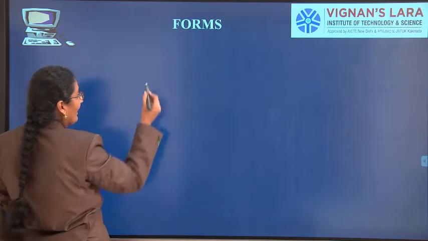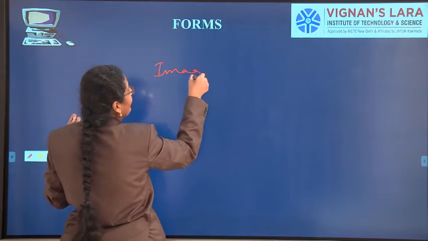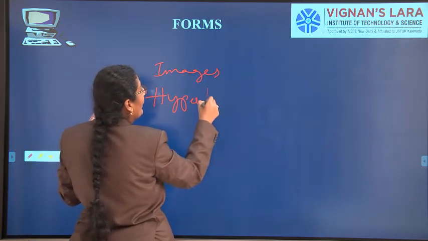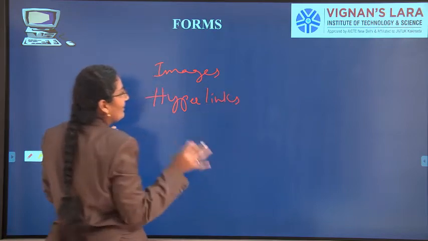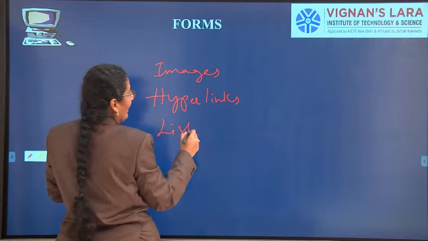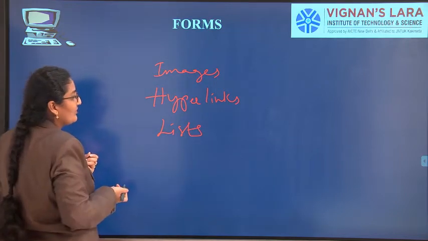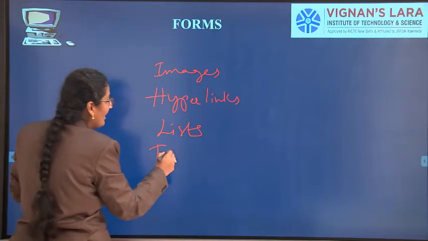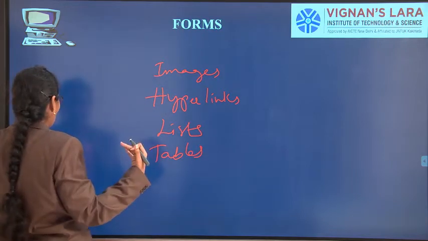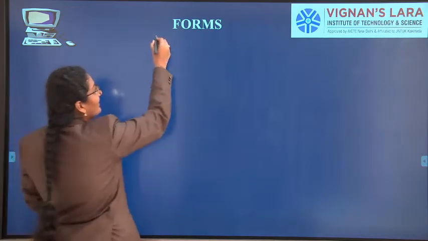See, till now what we have discussed: how to insert an image we know, how to create hyperlinks we know. Hyperlinks are nothing but moving from one page to another web page. Inserting images, then list, how to generate list we know, tables, how to generate tables we know. Apart from all these things, to improve our web pages to the next level, we are creating forms.